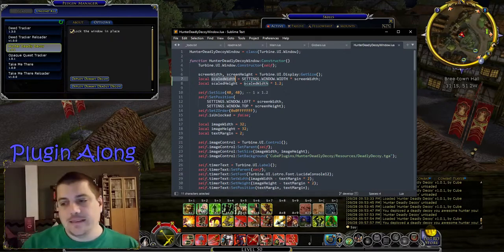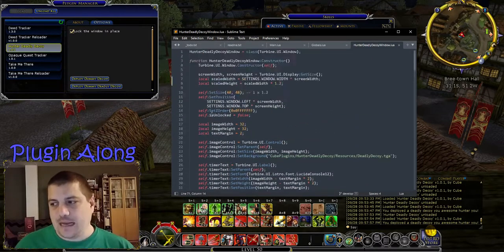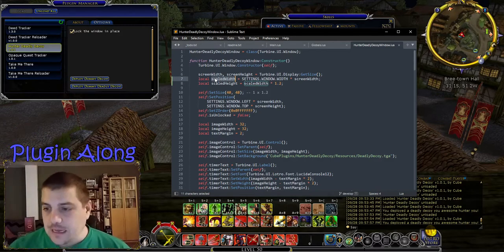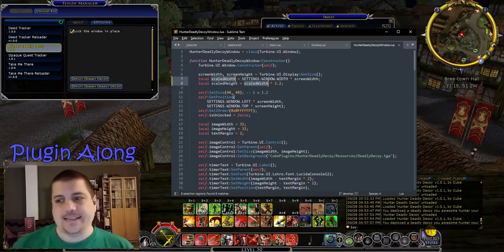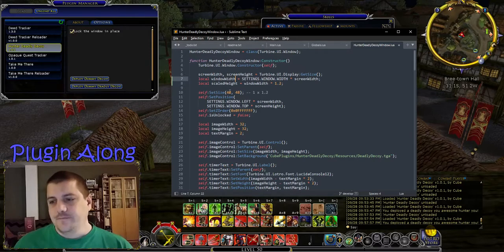All right, so scaled width and scaled height kind of made sense within the context of stretching the image, but I'm afraid they're not going to make sense within the larger context here. Thurlore points out, it does have a rounding error in the load/save, so your UI elements can creep. Yeah, that's fair. Let's go ahead and do a rename here, where scaled width is instead called window width. And scaled height is instead called